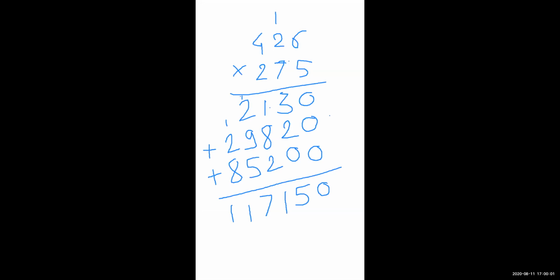1,17,150. Okay, 1,17,150, and that is your answer. Yes, this is about multiplying a 3-digit number by a 3-digit number. Okay, now